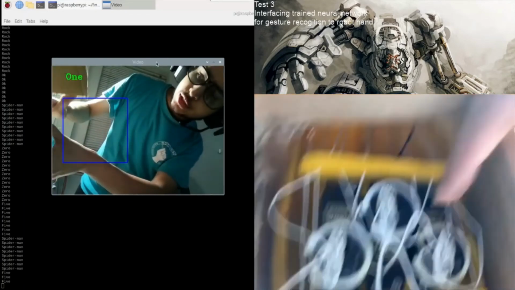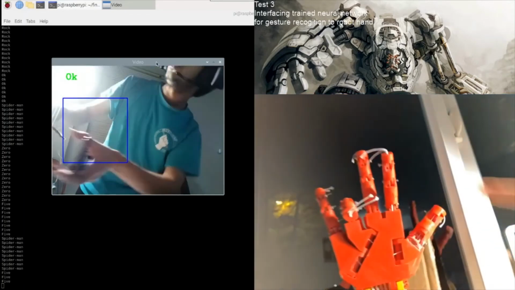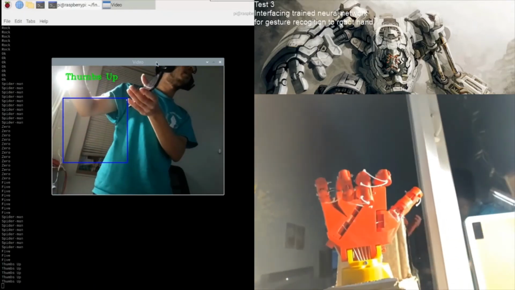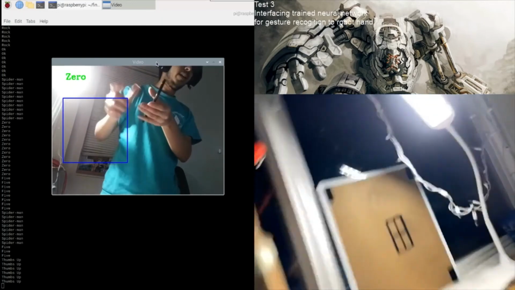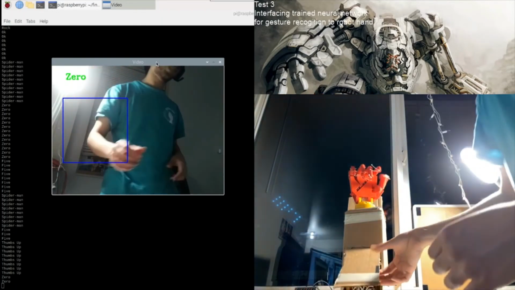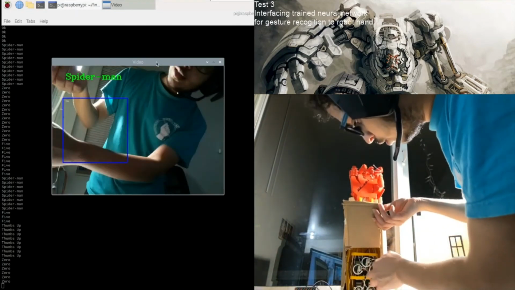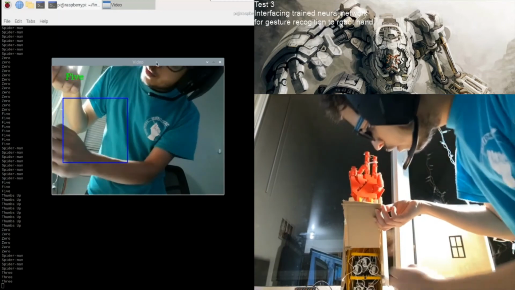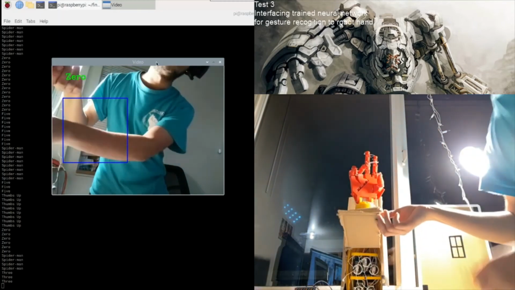If you can see, it is going this way. So the corresponding finger is not lifting to the complete part. Every single time I need to set this up so that it will get the full rotation properly.